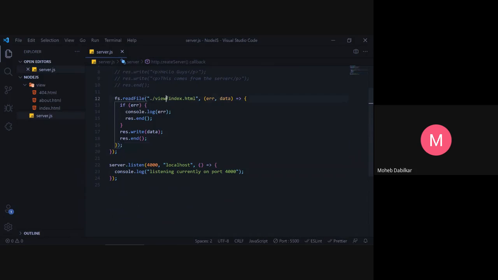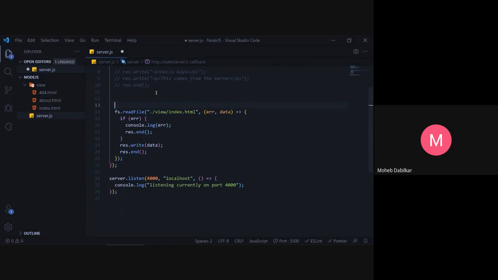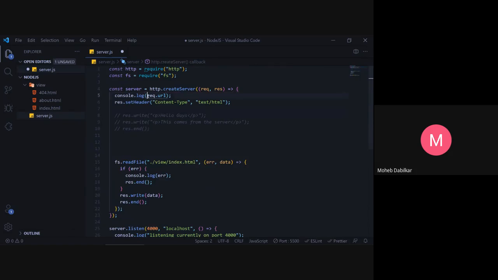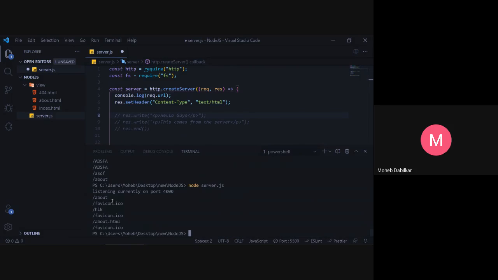Well, now by default we have this path with us. So what I will do is, and what we have is request.url. Well, now since we have our request.url and it tells us where we are going, so we know where we are going. So this is the about page, this was the HLK page, and then we went to ASDF and some random pages.